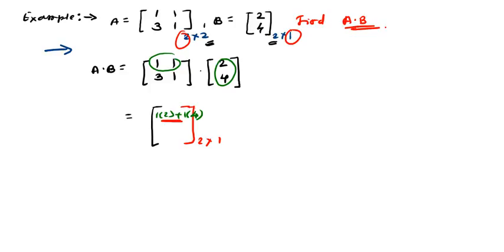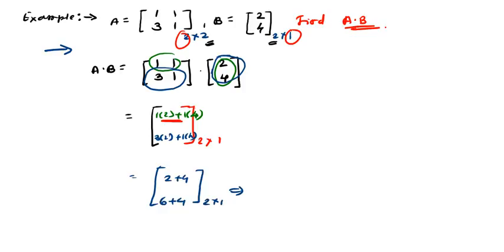Second, the second row, first column. This will be 3 into 2 plus 1 into 4. So finally we get 2 plus 4 and 6 plus 4, which implies this will be 6 and this will be 10, of order 2 by 1. So this is how we multiply